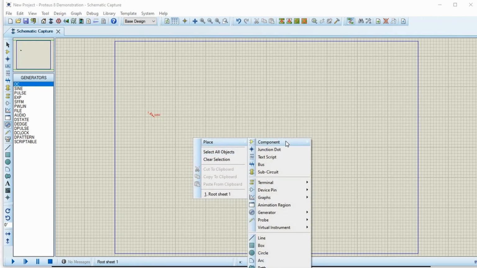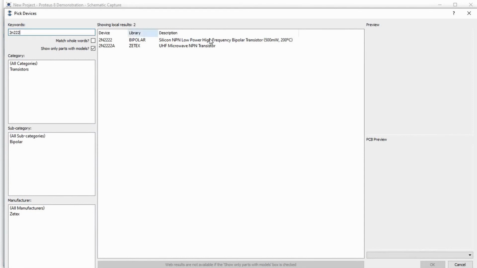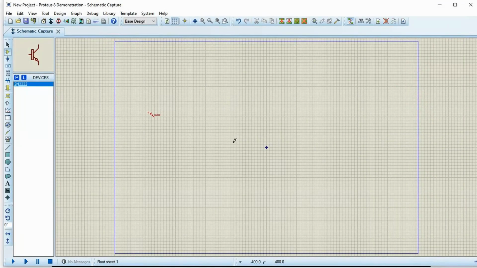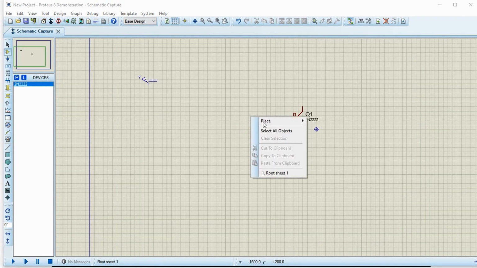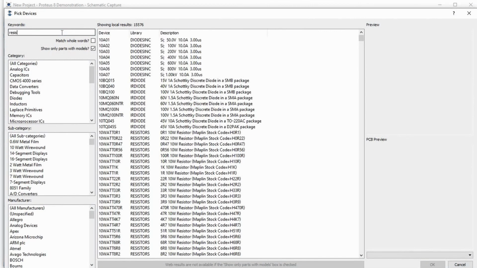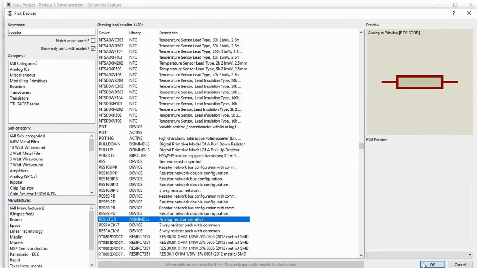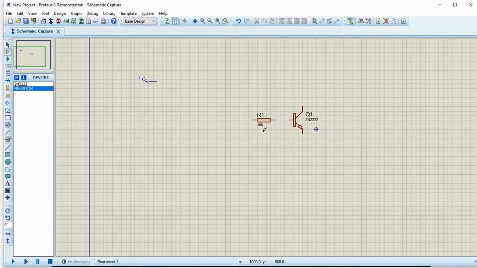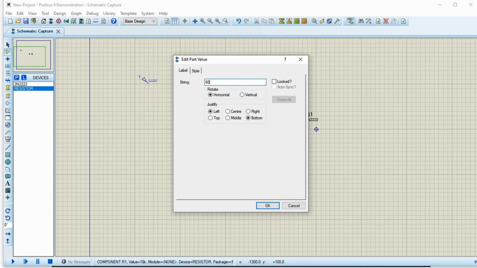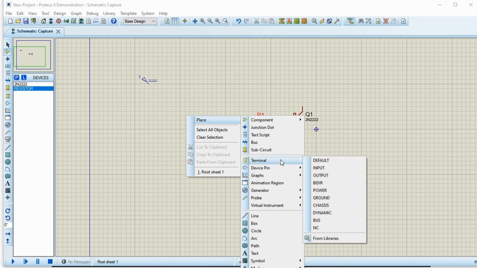Then let me use another component, a transistor. Let's use a 60 ohm resistor. And use a pulse just to see it turn on and off.